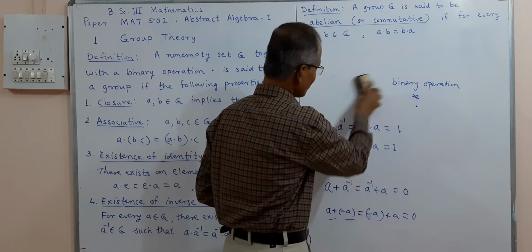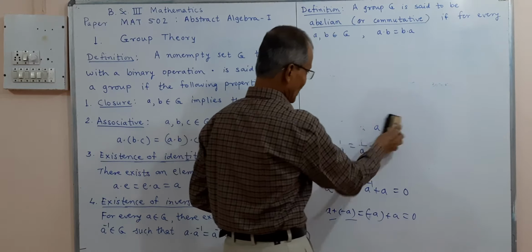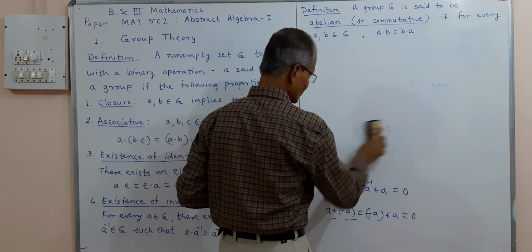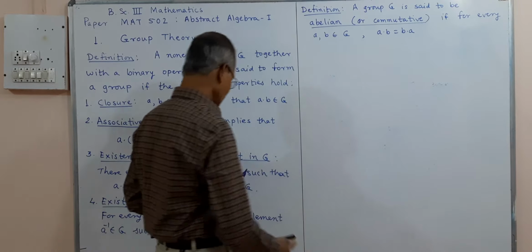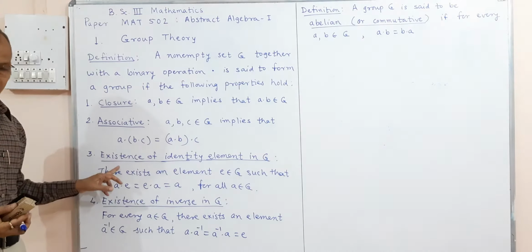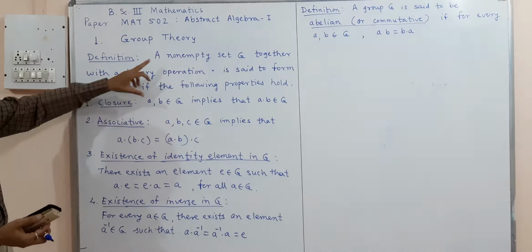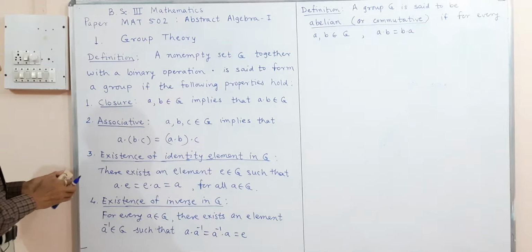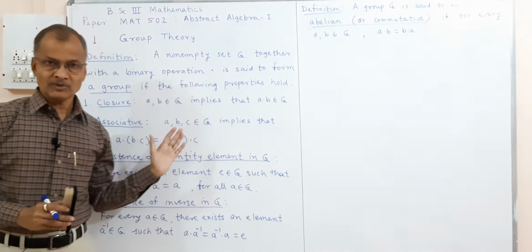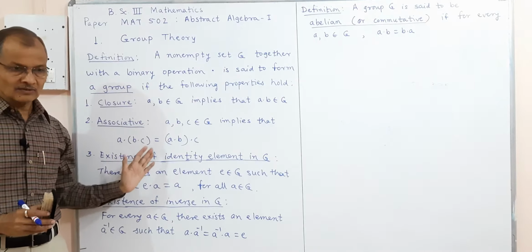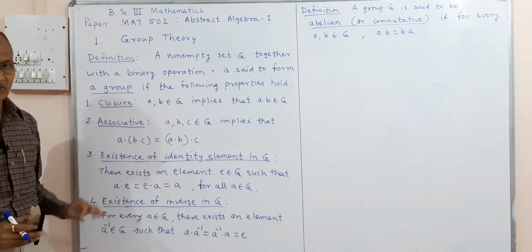And these are the necessary properties or axioms for a group structure. These are, we have seen, closure, then associative, and next identity must exist and inverse must exist. So 4 are compulsory properties, then the structure is said to form a group. So this is the definition of group, and the whole group theory starts with this definition. So we have to understand these 4 axioms or properties of group.